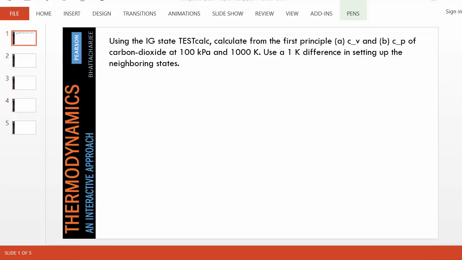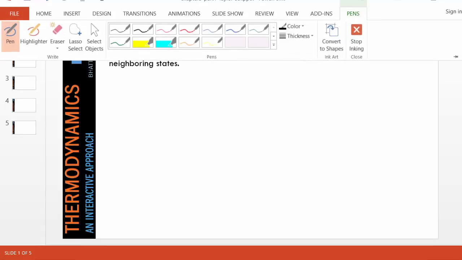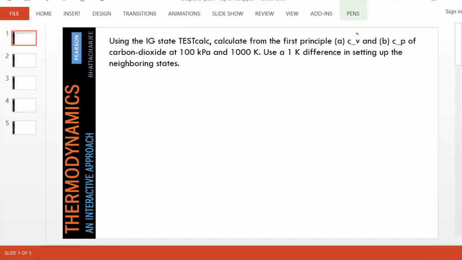Okay, in this problem we are asked to find CV and Cp of carbon dioxide at a given temperature and pressure. And they said use 1 K as the difference in setting up the neighboring states. Okay, first let's